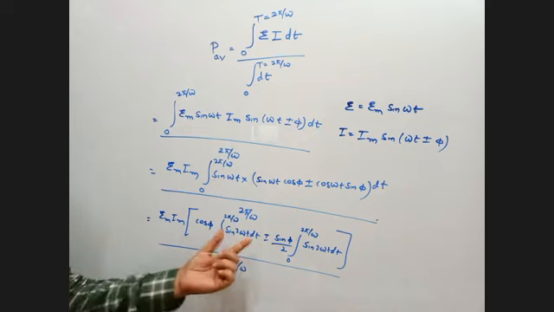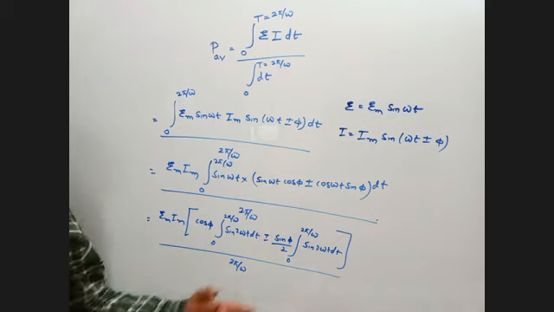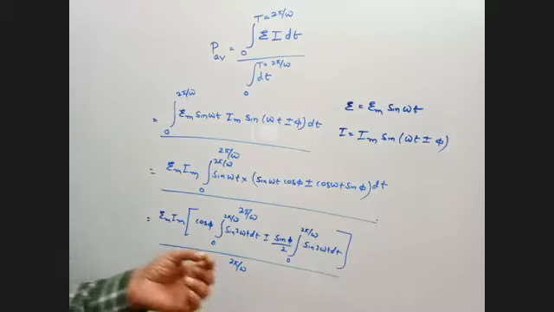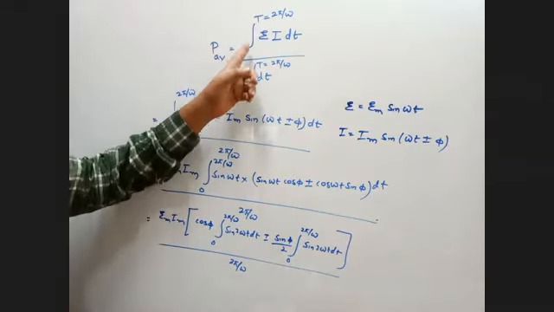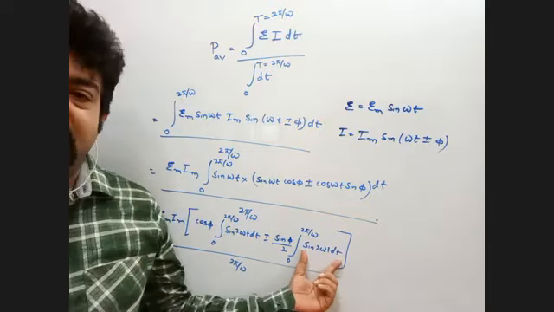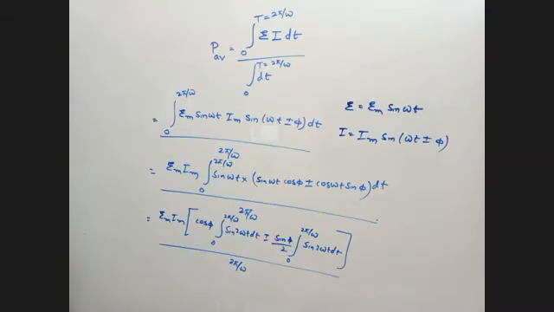Two things you can notice here. One is that in the average value you already have the sine square form. As you remember from the RMS value, when we have the sine square form, you can use T by 2 or T and you get the same answer, because you have to integrate that part. And what about this part? I already mentioned sine theta cos theta, sine 2 theta, sine 3 theta, cos 3 theta: some part is positive, some part is negative, so they cancel out and that value is 0.